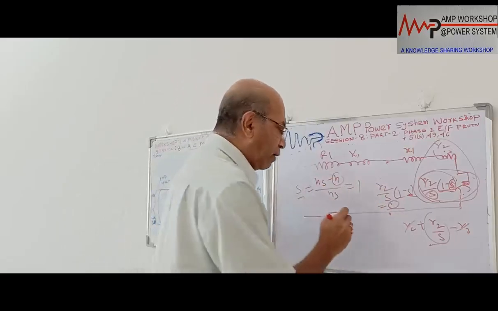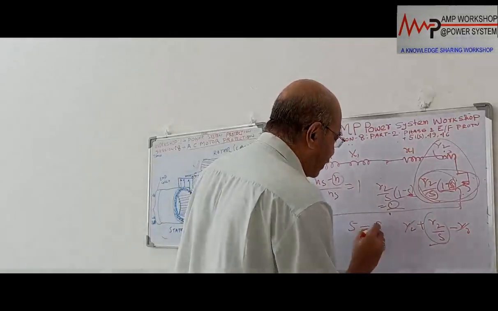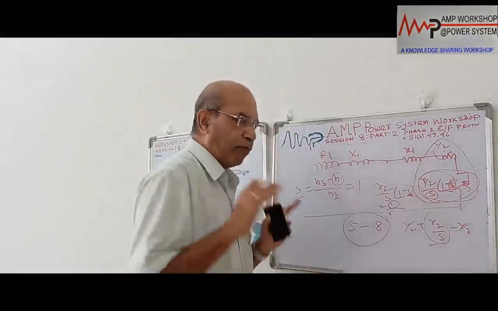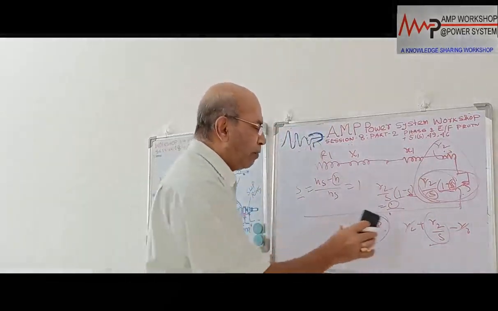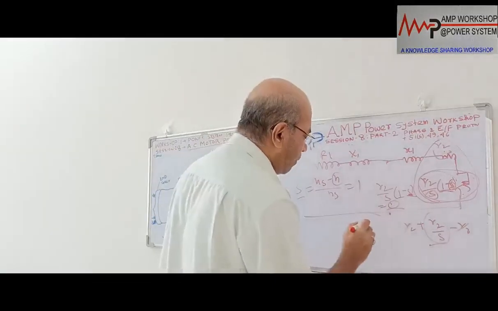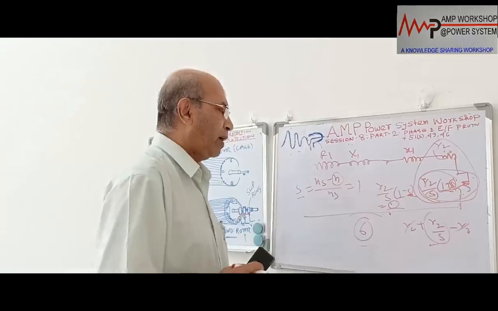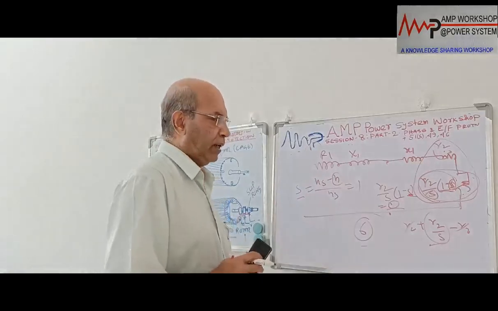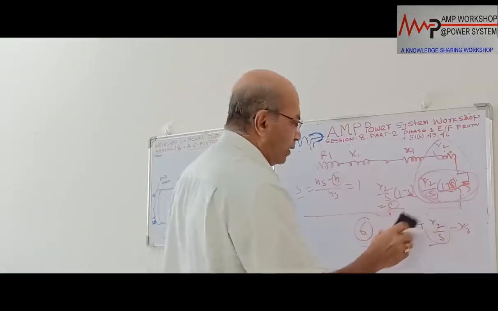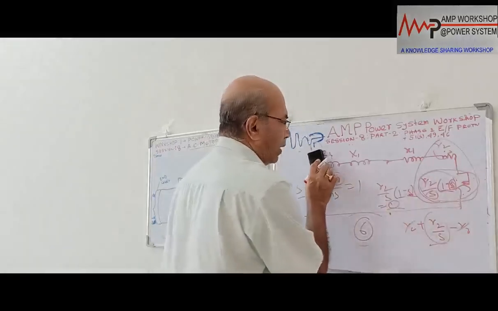And this current can go between 5 to 8 times depending on the motor size. But for today's discussion, we'll maintain 6 times the motor full load current. Okay, so this is the motor full load current at the starting time. So this is the reason why motor starting current is high.